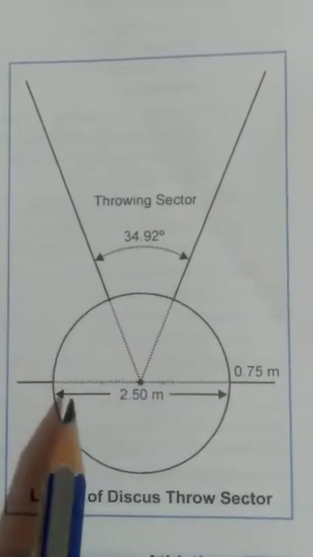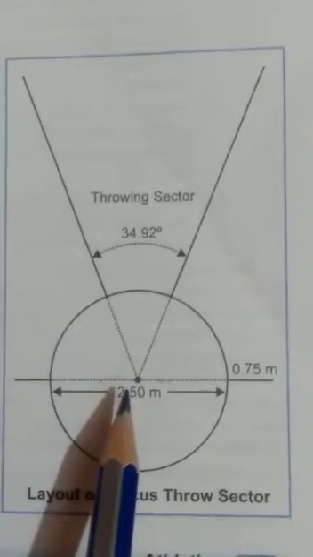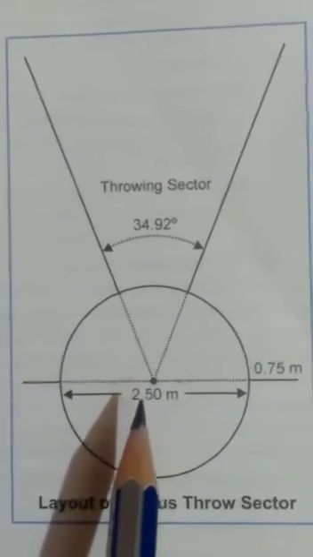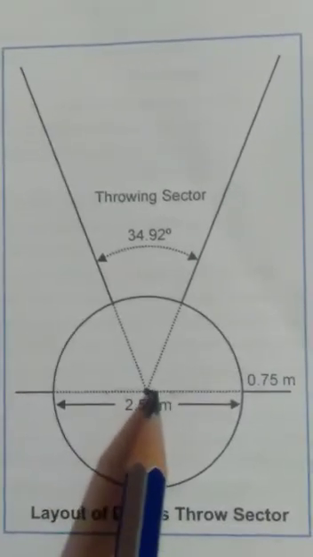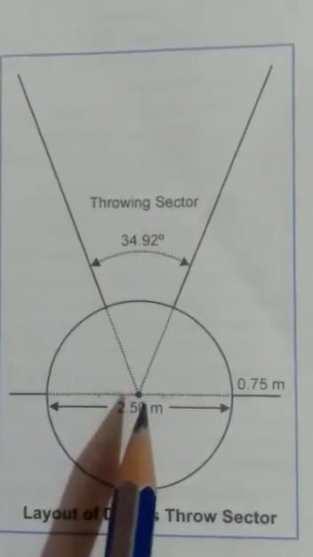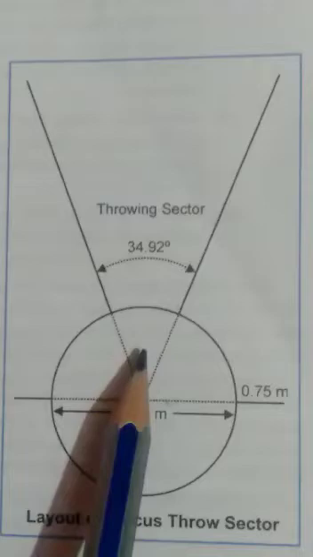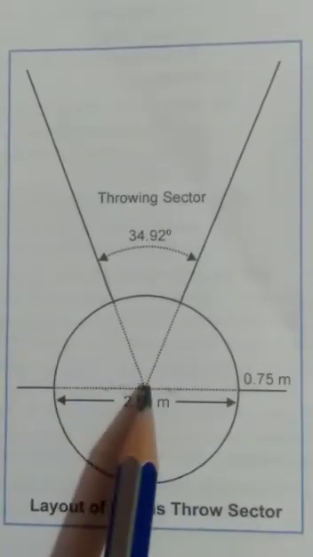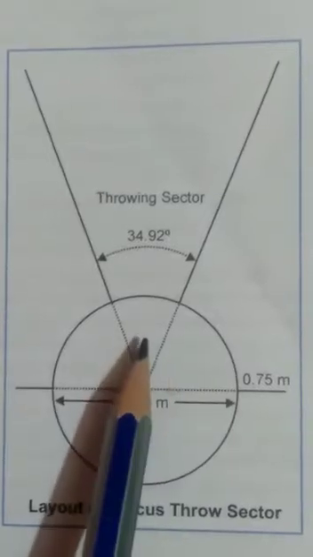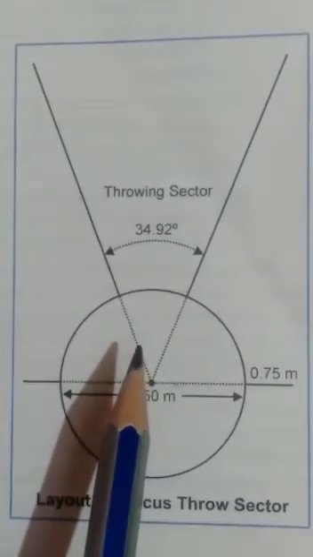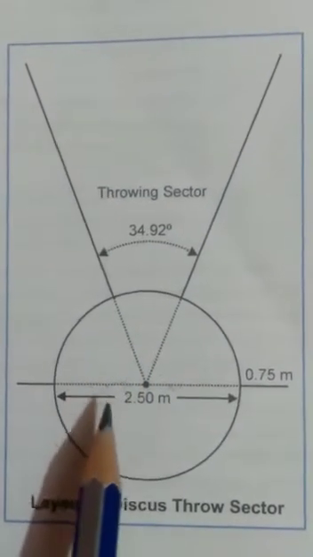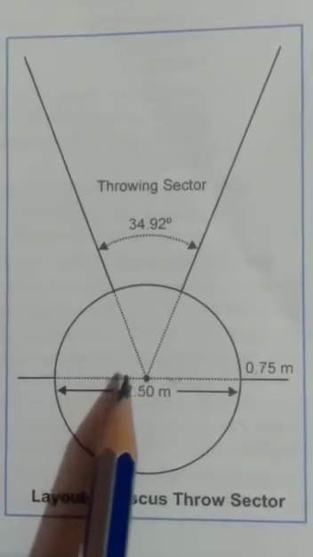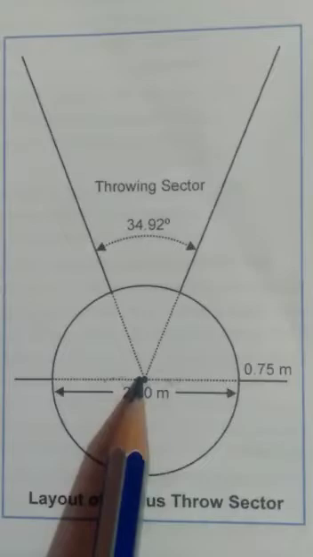Now the final phase of this thrower. In this position the thrower's feet rest on the surface of the circle. Here on the circle the left leg remains straight. Here the left leg will remain straight and the right leg will come to the center, while the right leg remains in a bending position. Here the left leg will be straight, the right leg will be in a bending position in the center of the circle.